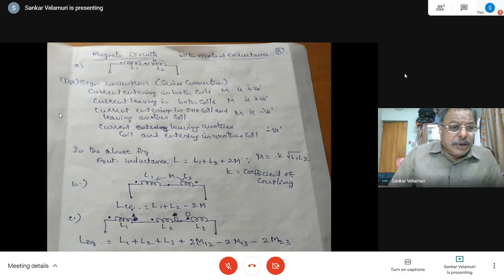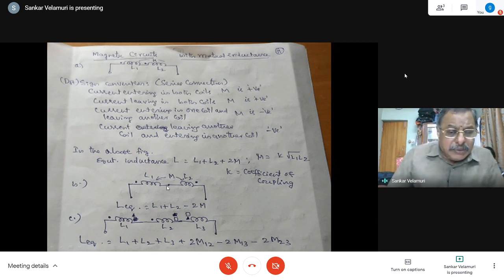Okay, so current entering in both coils is taken as positive, current leaving both the coils is taken as positive. Current entering, for example, if you have current entering here and a dot is put here, for example this, in the second figure, current is entering L1, current is leaving L2. Although this wiring diagram has not been shown, it is possible if I cut it here and then connect the end point to the second end point and the beginning to this one.